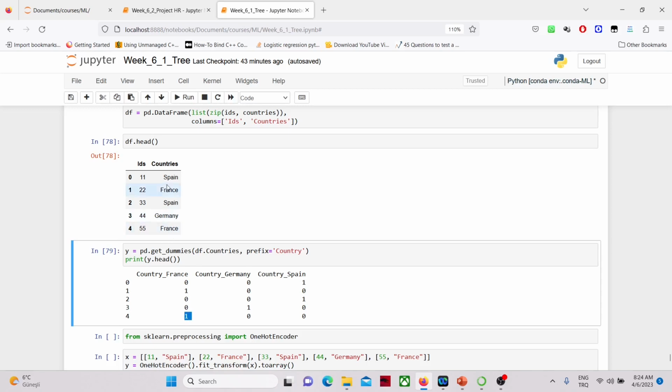For country Germany, Spain is not Germany, that's 0. France is not Germany, that's 0. Spain is not Germany, that's 0. Germany is Germany, that's 1. France is not Germany, that's 0. For Spain, Spain is Spain, this is 1. France is not Spain, this is 0. Spain is Spain, this is 1. Germany is not Spain, this is 0. France is not Spain, this is 0 as well. So this getDummies method converted our textual data